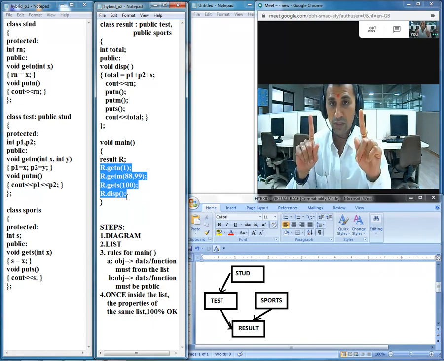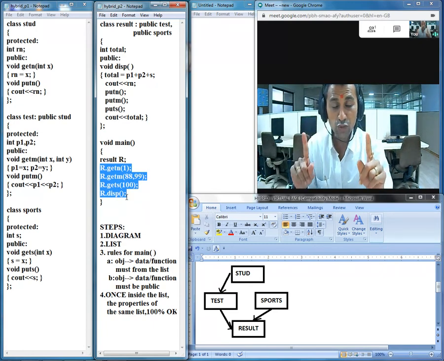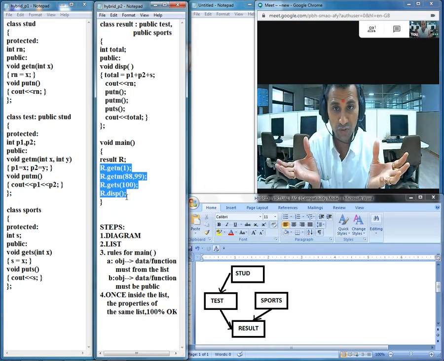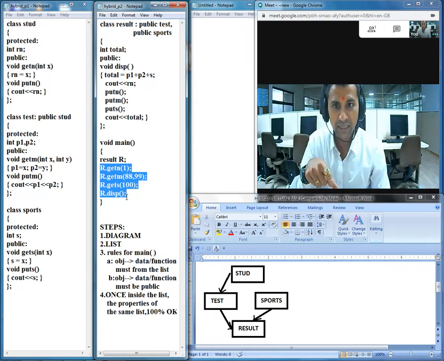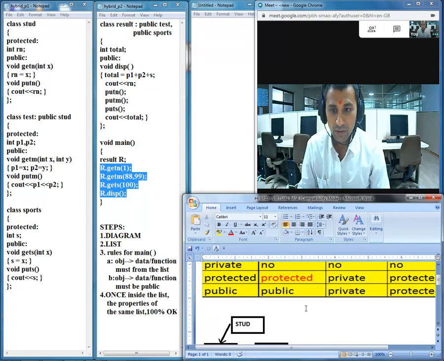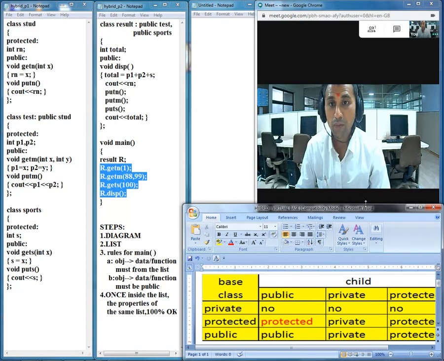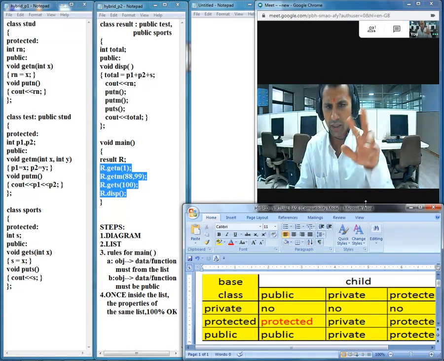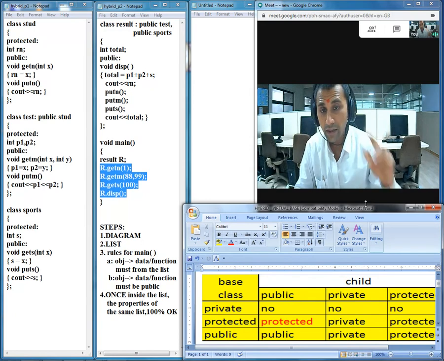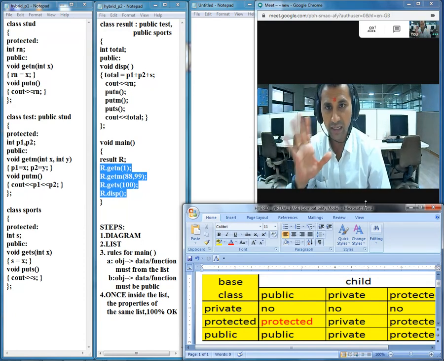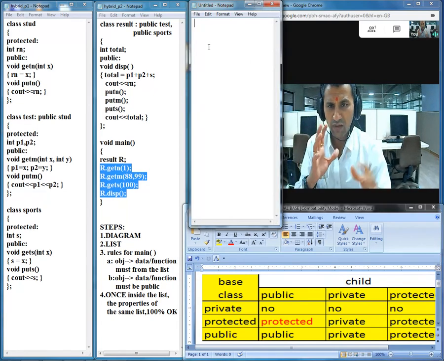One more thing, a word of precaution: you definitely need to refer to the tables every time you get a property from the base class and store those properties in the child class. So let me make it available. Your table for inheritance, the table for making the list, is already available. You can refer to the table and keep practicing it. Don't make the tiniest mistake while making a list, because those mistakes will be reflected.